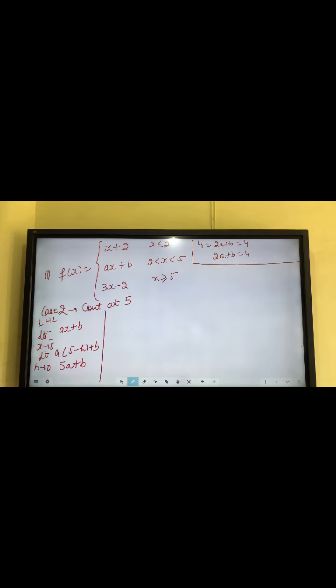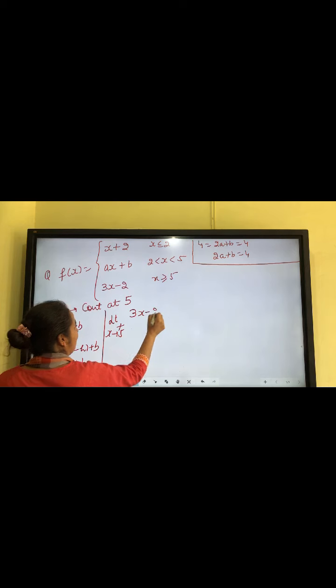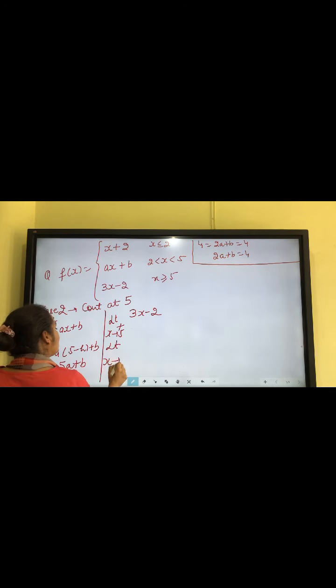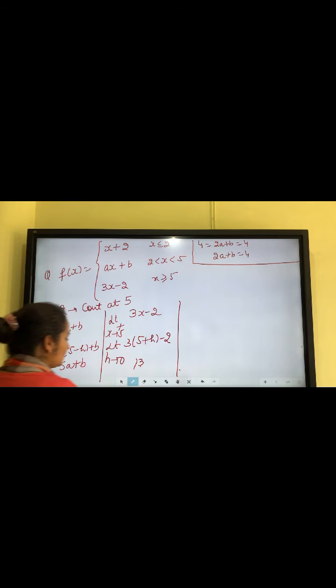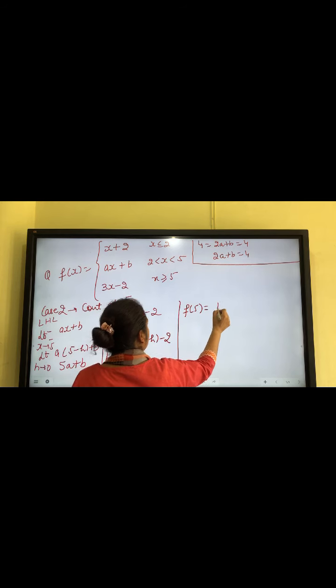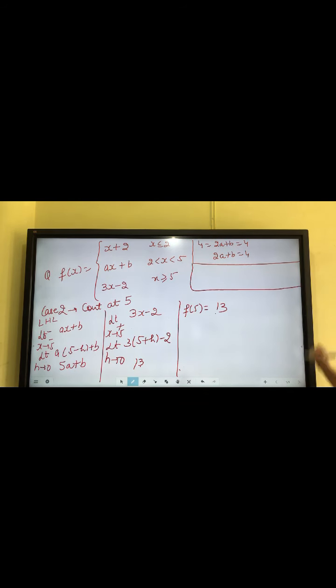Now next is the right hand limit. Right hand limit for x greater than 5, and I am using here the function for x greater than 5, that is 3x minus 2. Limit h approaches to 0. So again here change x with h. So the answer is 30. And the last, third step is the value at 5, that is f at 5. 15 minus 2, 13. So the second case is again continuous at the point 5.